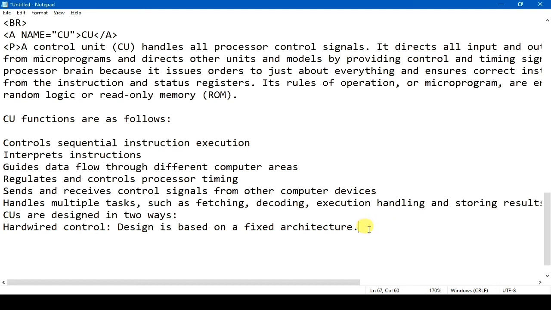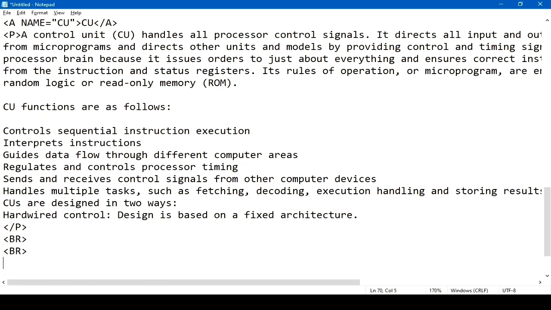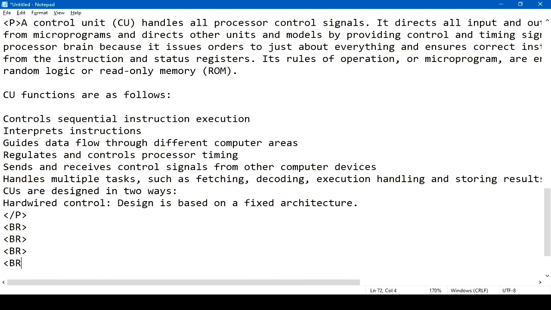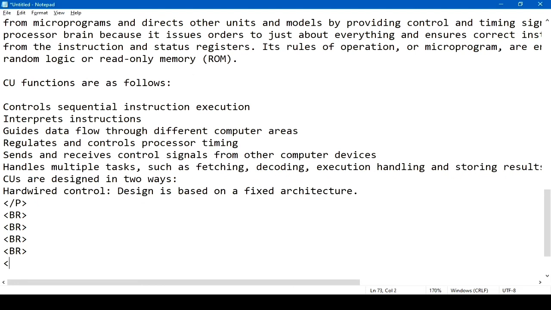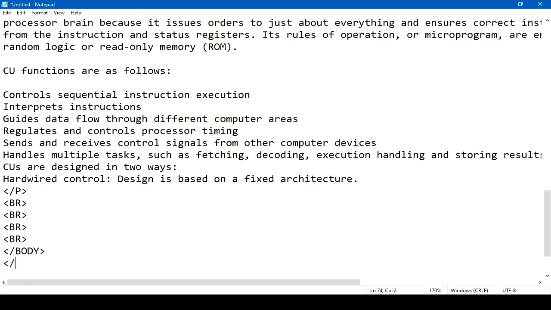So write the paragraph inside the second target fragment, that is CU. Now type the break BR tag. Now student, close the body tag, because body tag is a container tag, and close the HTML tag.